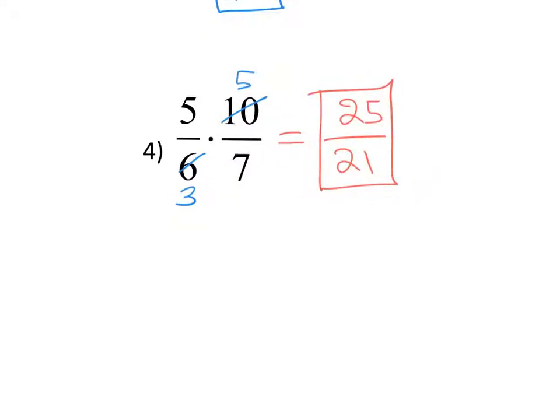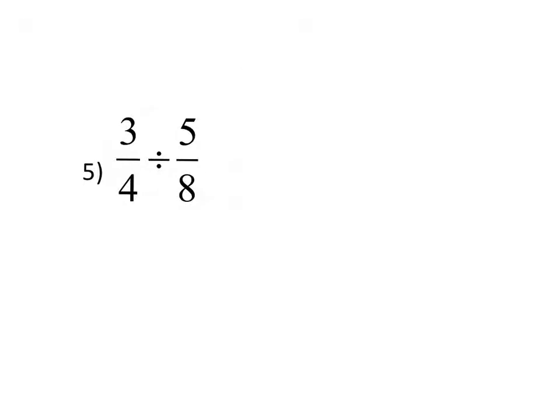Okay, now to do some dividing. For problem number 5, we've got 3/4 divided by 5/8. You got to be careful when you see that division symbol. The first thing we have to do is turn it into a multiplication problem, and we do that by doing the reciprocal always, always, always of the second fraction. So we say take the